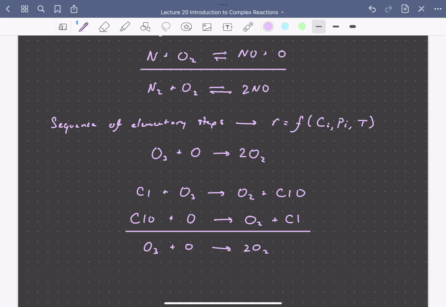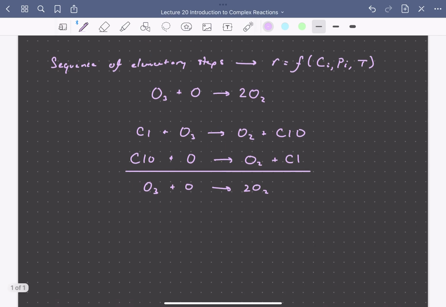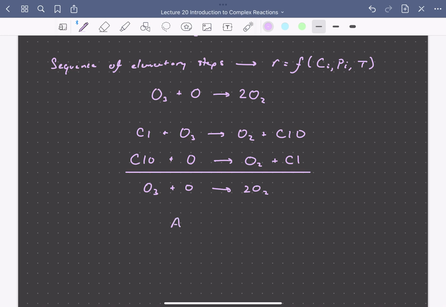Now this sequence of steps looks similar to the series reaction that we analyzed previously. So this looks a lot like A going to B with some reaction rate constant K1, and then B going to C with another reaction rate constant K2. So we solved this problem previously, writing mole balances on each species. So for example, in a constant volume batch stirred tank reactor, we could write that dCA/dt was equal to minus K1CA,